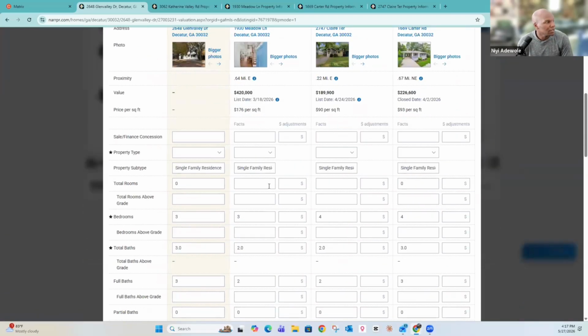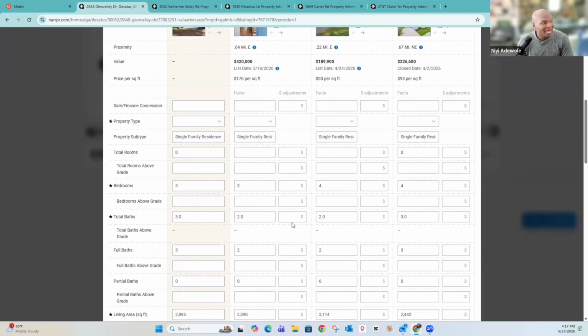And so when you look at these comps, right, from a bath standpoint, if you have one additional full bath, we typically add $10,000 in value. If you have one less bedroom, we typically subtract $5,000 in value, or add $5,000. Reason being, it's not that hard if you have the square footage to add a bedroom. That's just some walls, making sure you got a window and making sure you got a closet. And then for that full bath, we're going to add another 10,000. And then the subtractions come when you get to the actual square footage.